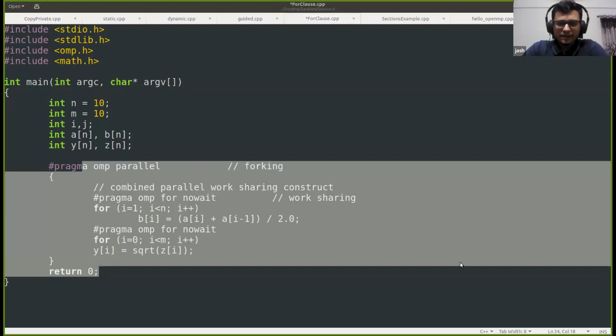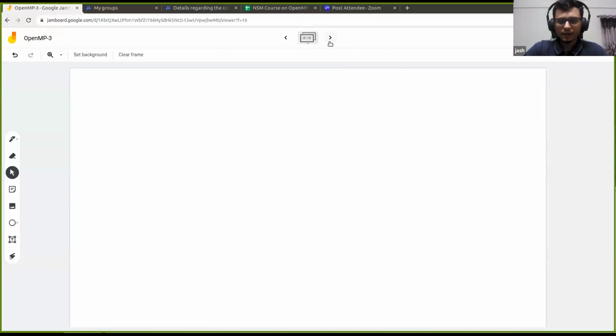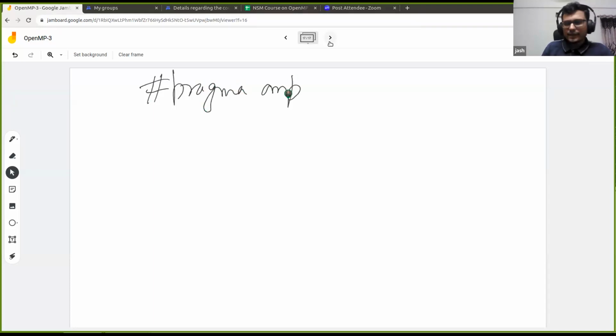But coming back to the sections, this sections is again a work sharing construct like parallel for. What essentially it does is that it assigns different tasks to different threads. To take an example, let us go back to our whiteboard again. In case of sections, you specify #pragma omp sections, and followed by that you have this region.